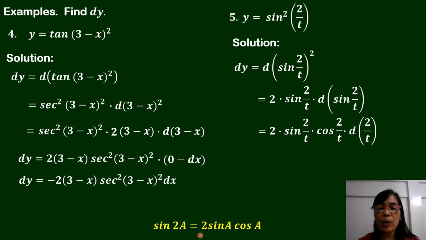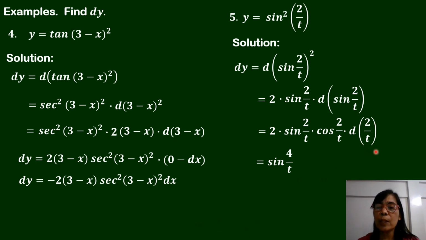So this 2 is a constant, and the angle of sine at the left side is twice the angle of sine and cosine at the right side. So here we have 2 sine 2 over t cosine 2 over t. So this quantity will now be equal to sine of double the angle, that is sine 4 over t, times the differential